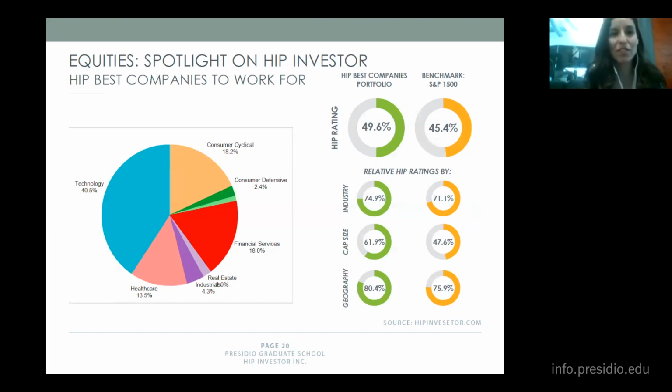So at HIP Investor, we actually have a strategy with a very similar investment thesis, and that's to invest in companies who treat their employees well. So we do this by aggregating all the publicly traded companies on the Fortune 100 Best Places to Work list. We map existing information about their sustainability and business fundamentals using the HIP ratings for each firm. And so this strategy typically invests in 35 to 55 companies, depending on how many public companies manage to qualify for the Fortune 100 Best Places to Work list.